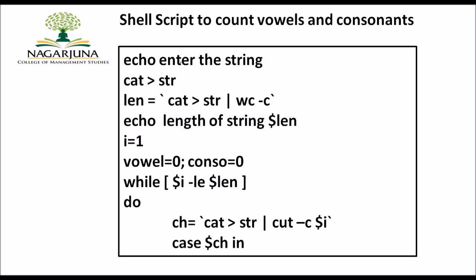So here I'll write code to enter the string. Once you give the command to enter the string, make use of cat, which is concatenate, which will help you create a file, and you can create a file called str. Now it creates an empty file called str. Within this str you can write whatever set of strings or characters that you would like to store. So now str is a file which has been created using cat.